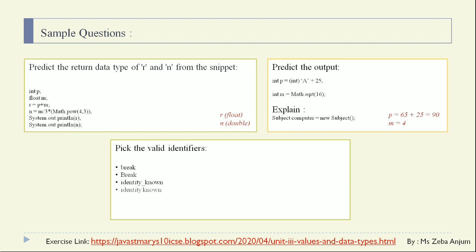Next one, identity unknown but a space between them. Remember when we were learning about the rules, we said there should not be a blank space over there, so that is why it is an invalid one. Next one, addition, yes, we can use it as a valid identifier. For, it is a keyword, so we cannot use it. The last one, again for, but the case is different, so yes, we can use this last one for naming our identifier. Now these are the answers, please check your own.